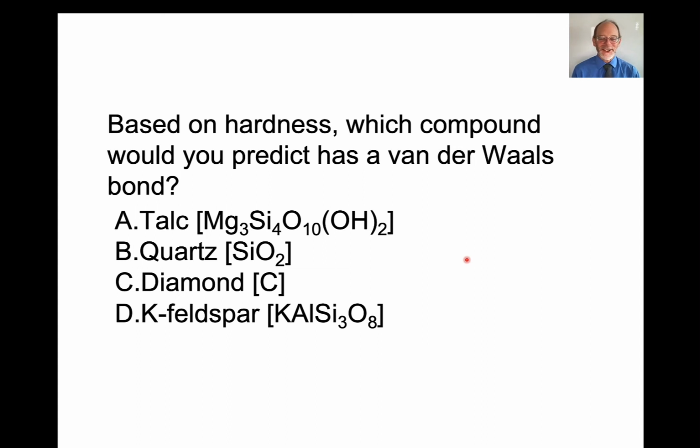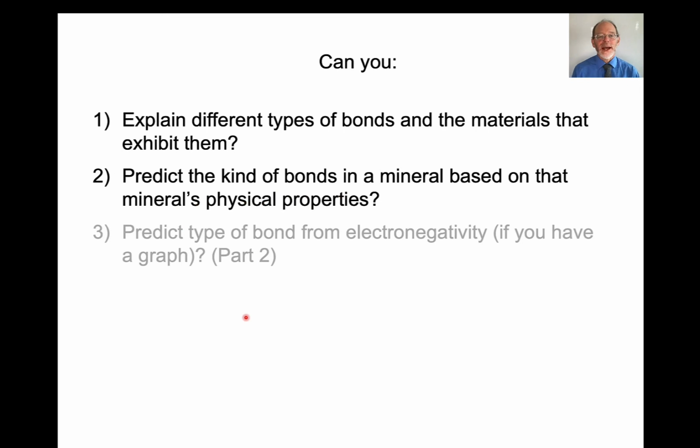You kind of need to know your Mohs hardness scale, but it's talc. Quartz, diamond, K-feldspar, these are all very hard minerals, and they all have covalent bonds to them, strongly covalent bonds. So at this point, I think you should be able to, with some review, explain the different types of bonds and the materials that exhibit them, and then predict something about the bonds in the mineral based on the mineral's